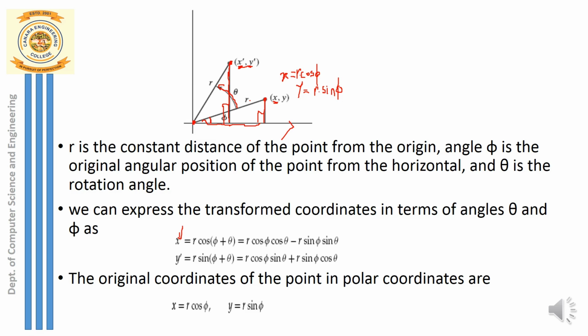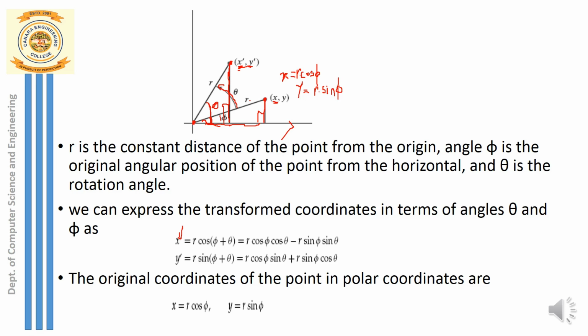So what is x dash here? It is the length of the hypotenuse into the adjacent side. So how do I compute this adjacent side? Is it only angle phi that is enough? I also know this angle. What is this angle? This angle is given by angle theta. But do I consider only this angle theta? No. I need to consider the angle made by this line segment after rotation, the angle of rotation with respect to this x-axis only. So what is the angle of rotation? Can I take it as theta plus phi? This is angle theta, plus this is the angle phi. So angle theta plus angle phi will be the angle of rotation over there.